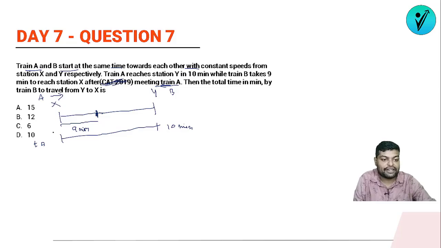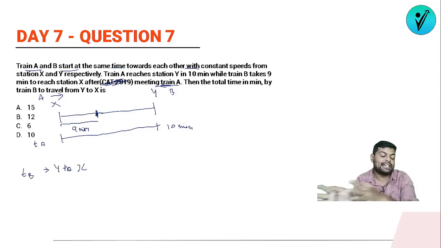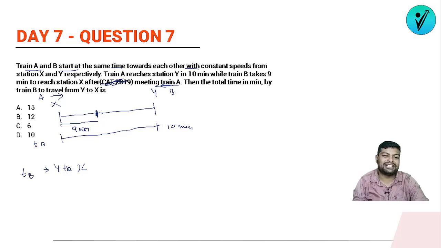The total time in minutes taken by train B to travel from Y to X. So what do we have to find? We have to find the total time that train B will take to reach from Y to X. Now when I saw this question, initially I thought let's do it by equations, but then I thought the options are there anyway, and when I looked at the options, two options got eliminated automatically for me. So that's why I thought the best way of doing the question will be